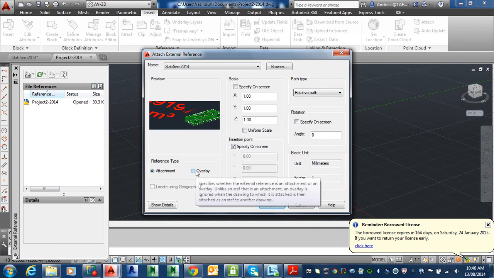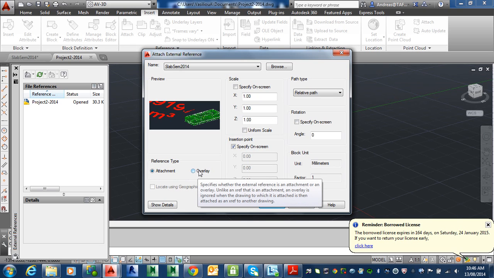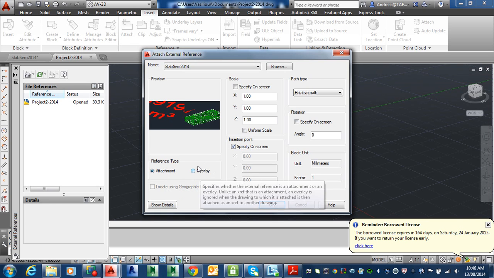The other thing is this thing here. Is it going to be an attachment or an overlay? And again, Revit has the same system. So I just set attach this drawing to that drawing, and it's asking me again in here, do I want to have it as an attachment type or an overlay type? It's very confusing. I mean, we're doing an attachment, but then it wants to know the type or the mode of attachment. So basically what it means if I leave it as attachment is that if someone else down the track decides to